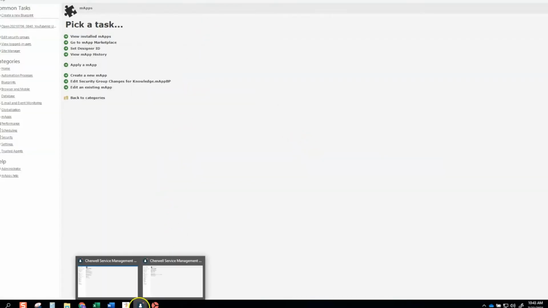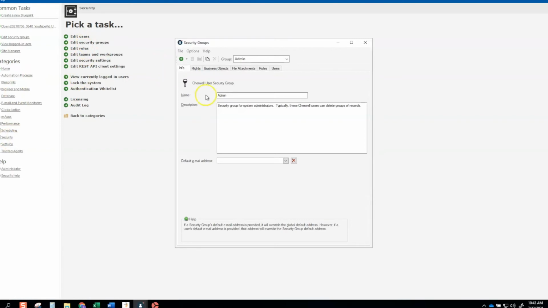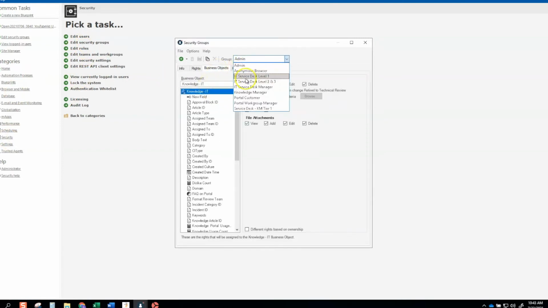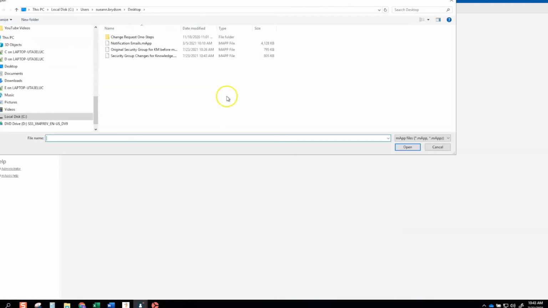So we're going to go back to our second instance of our admin client. And again, this is the instance where if you take a look at the security groups, knowledge IT, no limit, level 1, level 2 and 3, no limits, and Service Desk Manager, no additional. So we'll go to Maps, and I'm going to apply a map. And I will apply that security group changes for knowledge